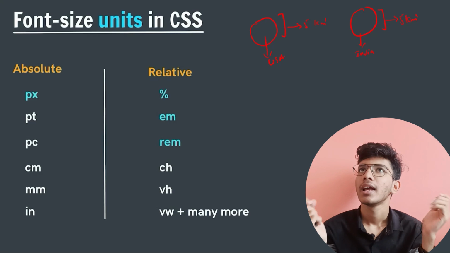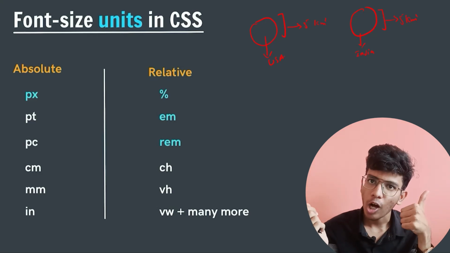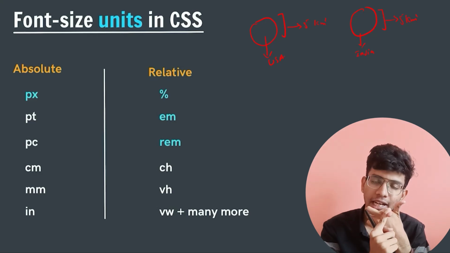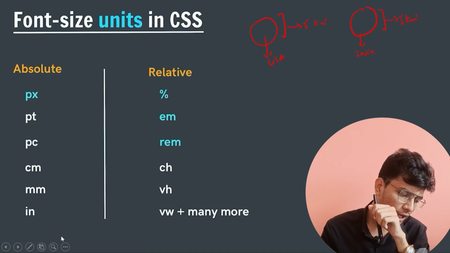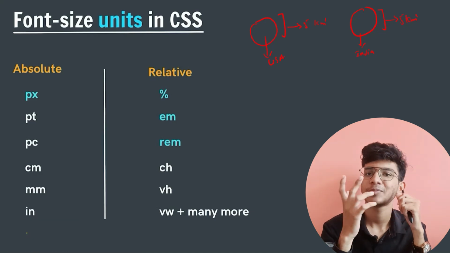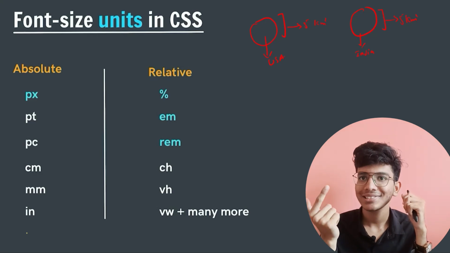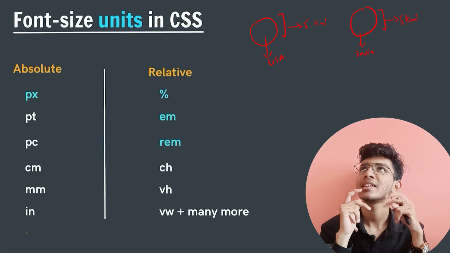Similarly, in CSS we have two categories of units. First one is absolute unit and the second type of unit is relative unit, right? So here if I talk about physics, we have also two types of units, absolute units, relative units. I cannot recall relative units. I think